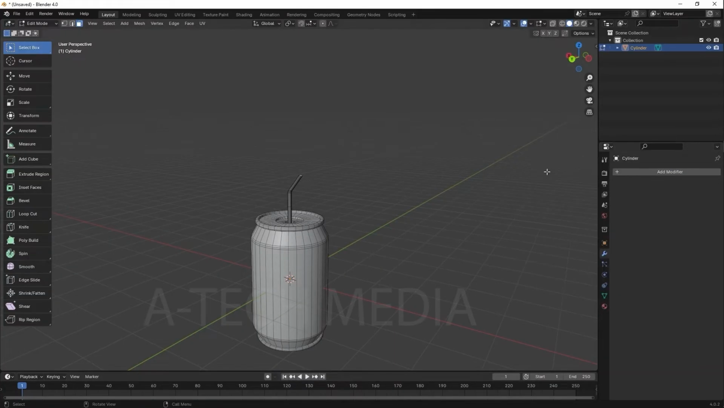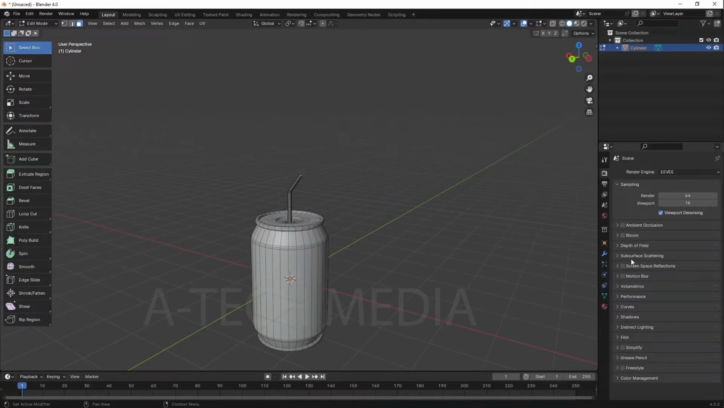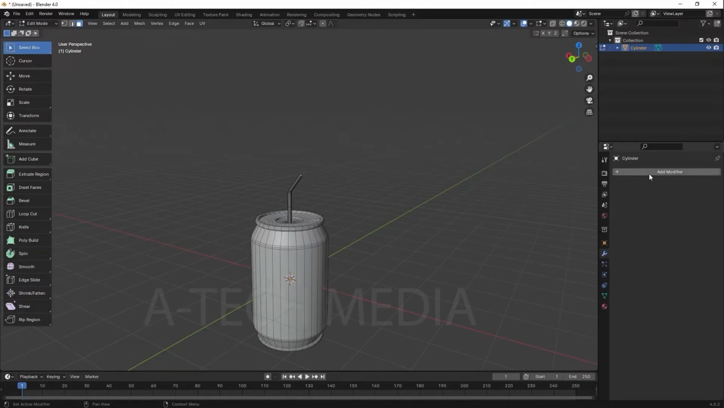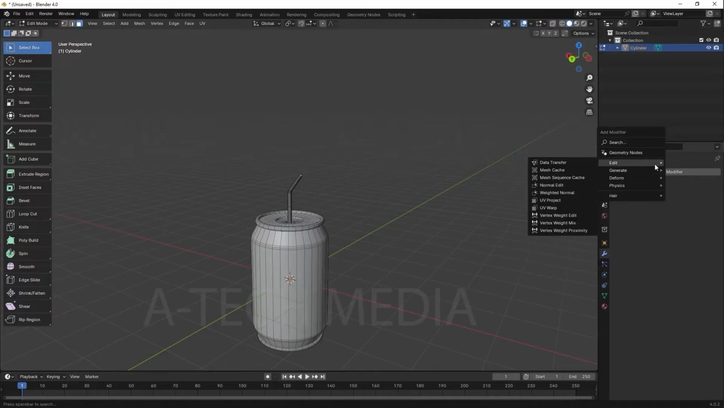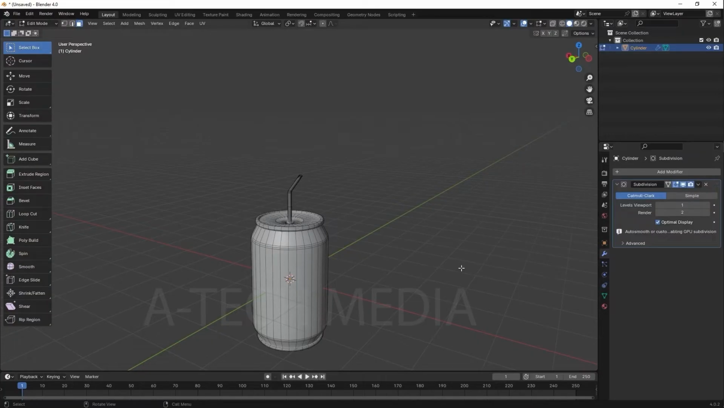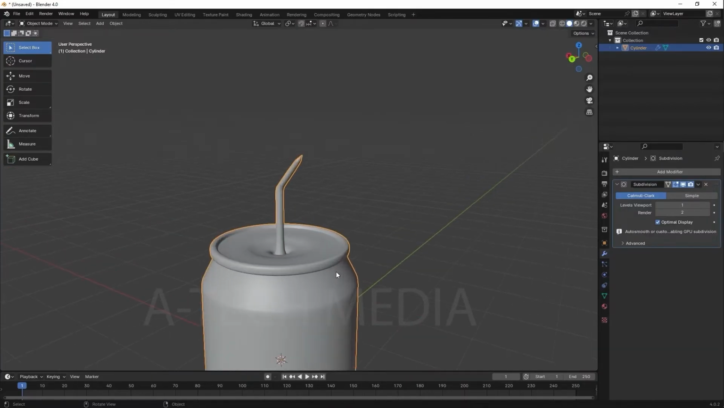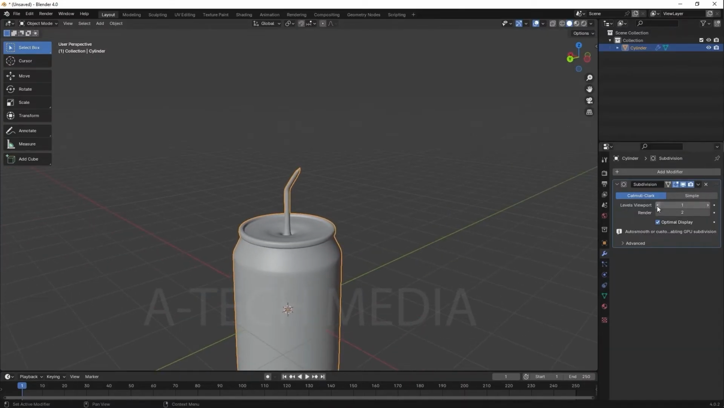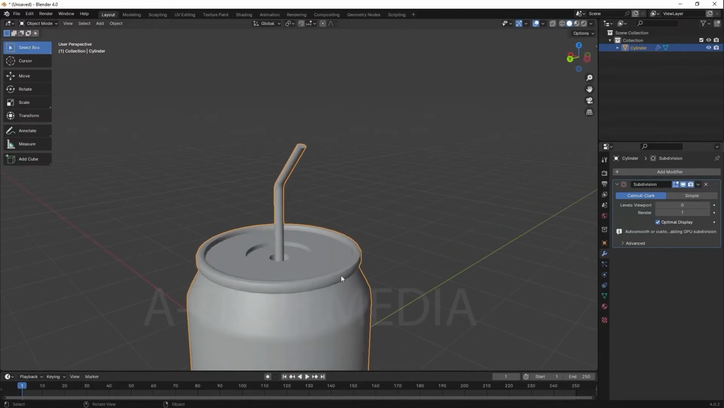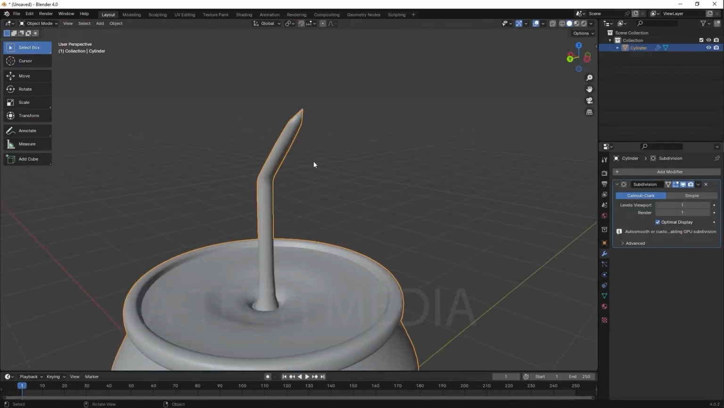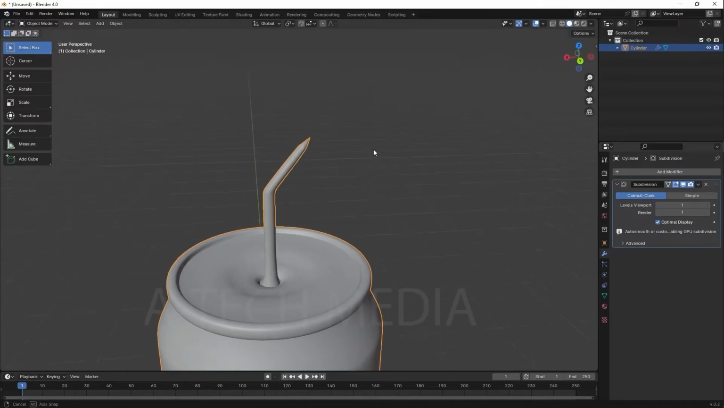If you come over in this property bar, to this thing that looks like a toolbar, like a spanner, click on it, come to add modifier, go to generate and go to subdivision surface. So let's go to object mode, and if we turn this to 0, this is how it looks without subdivision surface. If we turn this to 1, all of a sudden it has messed up a lot of our stuff, including our